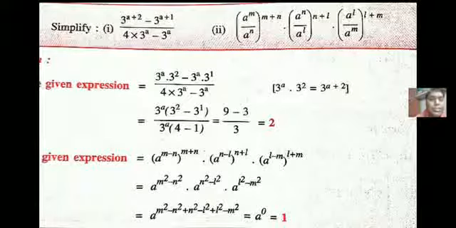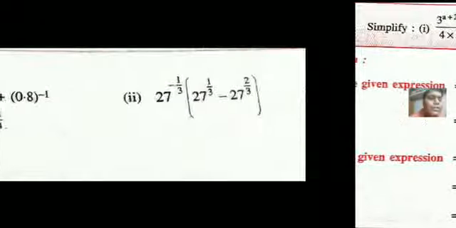Second part also, a to the power n minus l, bracket, power n plus l. So it becomes n plus l into n minus l. So a to the power n square minus l square. So third part also a to the power l square minus m square. So you got a to the power m square minus n square into a to the power n square minus l square into a to the power l square minus m square. Now using law of indices, adding them, we'll find out a to the power m square minus n square plus n square minus l square plus l square minus m square. So all these positive negative values get cancelled, become a to the power 0 which is equal to 1.